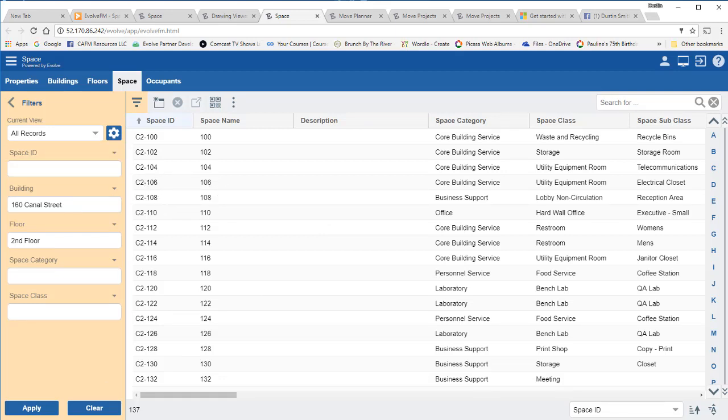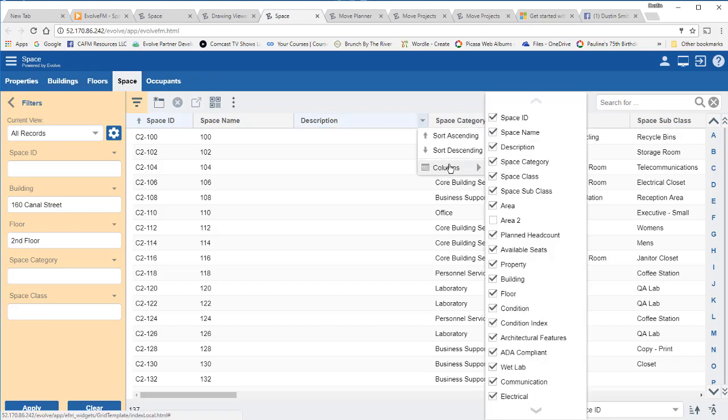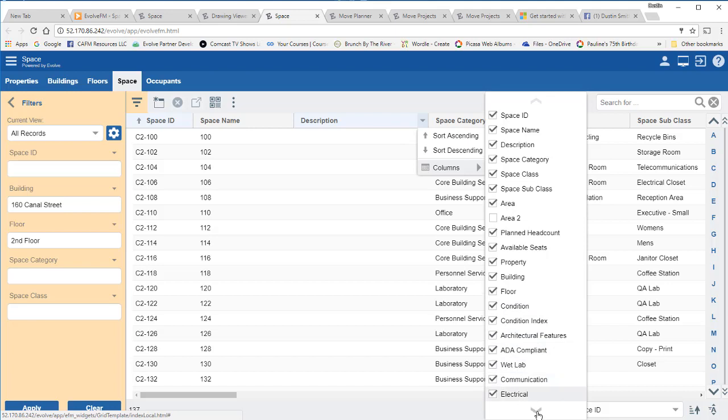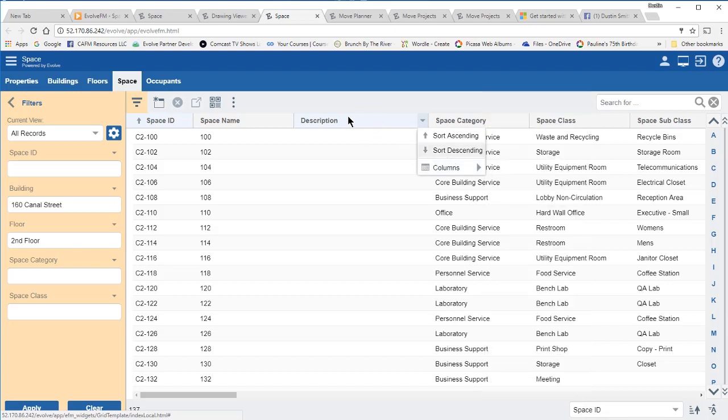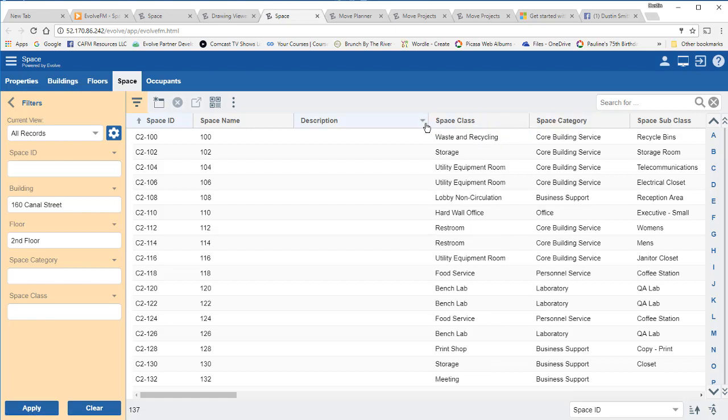second floor. And what's nice here is these grids are really handy in terms of what I can show, what I can't show. So I can turn on the columns that I want to see. So whatever data I want to see about a space, I can turn on these check marks or turn them off depending on the fields that I want to see. And I can also drag the columns the way I want to see them. So if I happen to want space class to be in front of space category, I can do that kind